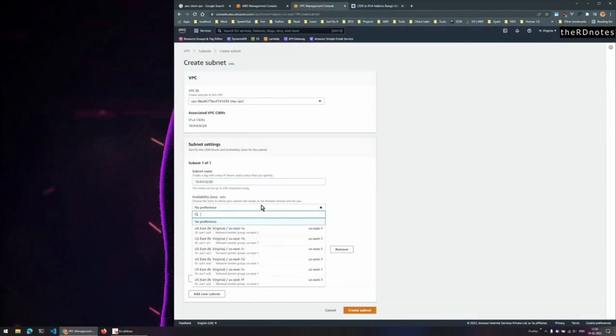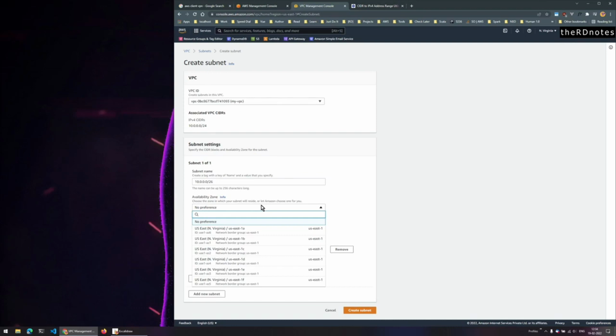Now the zone, and this is good to know: if you want to attach your virtual private network to multiple subnets, all those subnets should be in different availability zones. You cannot associate two subnets from the same availability zone to a single